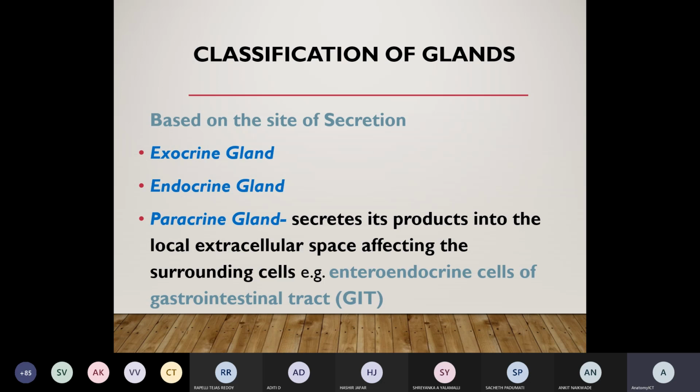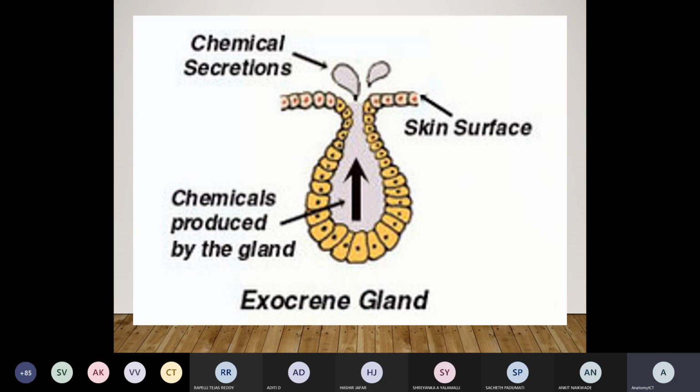Whereas the exocrine gland secretes along with tubes, or what we call ducts, from one end to another, and these ducts are not so lengthy in comparison. So they connect one organ to another organ, and mainly in the GI tract we may find the maximum number of exocrine glands. Now, how do these exocrine glands secrete? The cells here appear columnar,